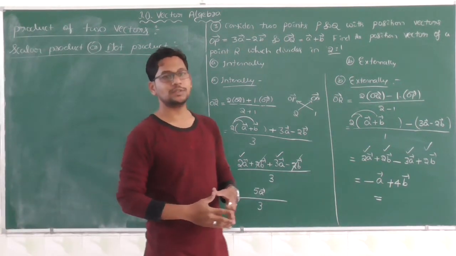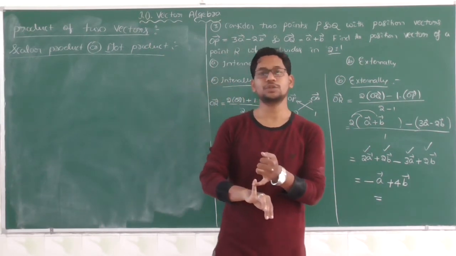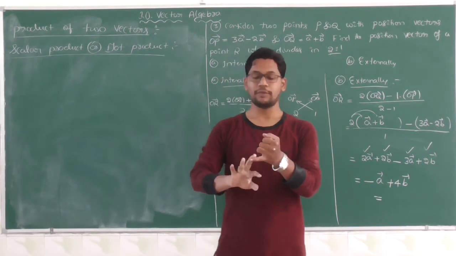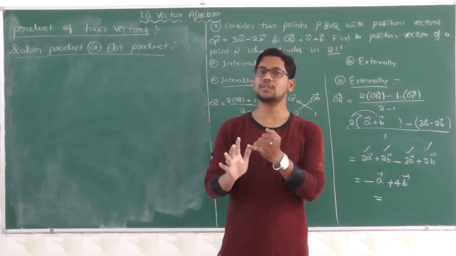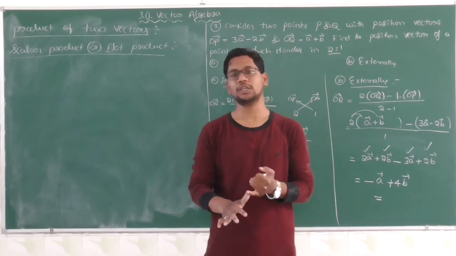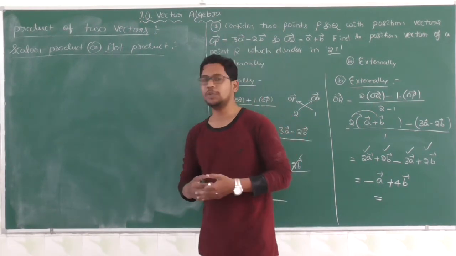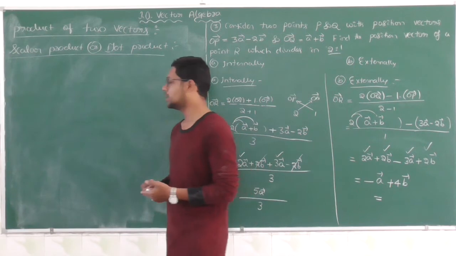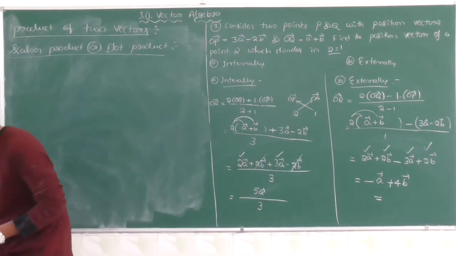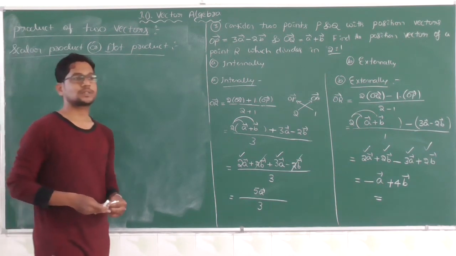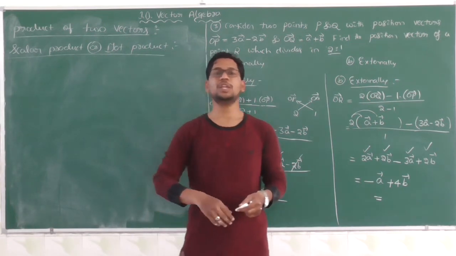Till now we discussed these topics: direction ratios, direction cosines, finding the unit vector, magnitude of the vector, and section formula, internal case and external case. This much we have discussed, right? Here, what is meant by scalar product or dot product? In the scalar or dot product, we are going to find the angle between the vectors.